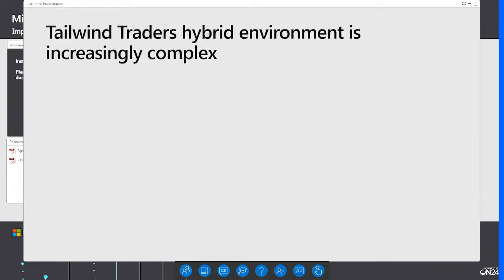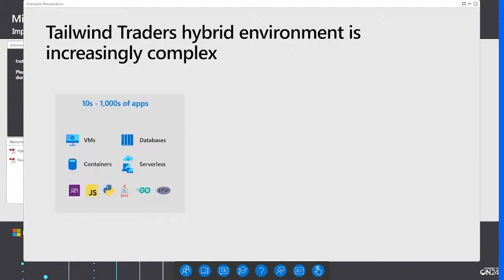So for the next part, I quickly want to talk a little bit about how the Tailwind Traders environment gets increasingly complex, right? We actually had a look at why their environment gets more and more complex, and we discovered three main reasons why this is happening. And I'm sure this also happens to many other companies in the real world. Now, first of all,